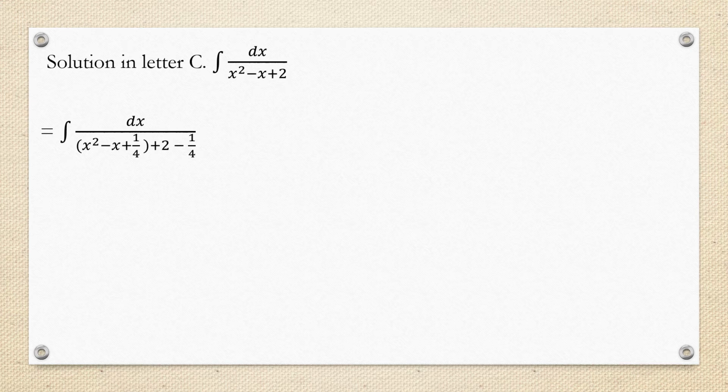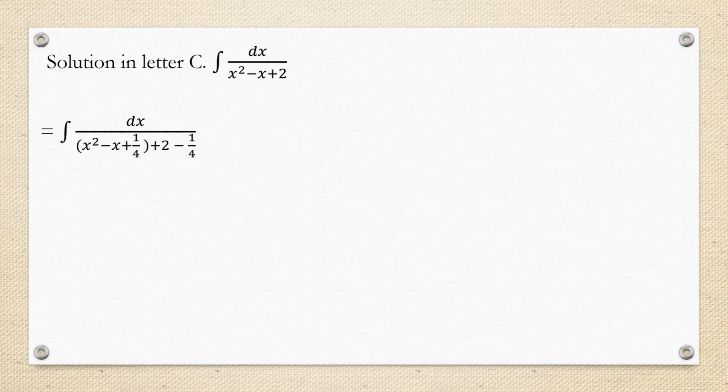The reason is that we will be using completing the square on x squared minus x. The middle term is x, or 1, then we multiply that 1 by 1/2, and that is equivalent to 1/2. Then we will square that, so it will become 1/4. We add that after the term minus x. What we add after the second term, which is negative x, we will also subtract on the right-hand side, after 2. So we have 2 minus 1/4.